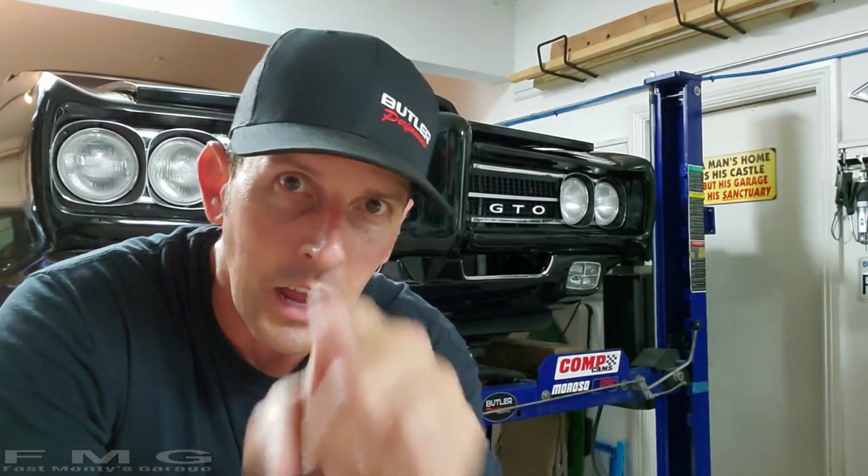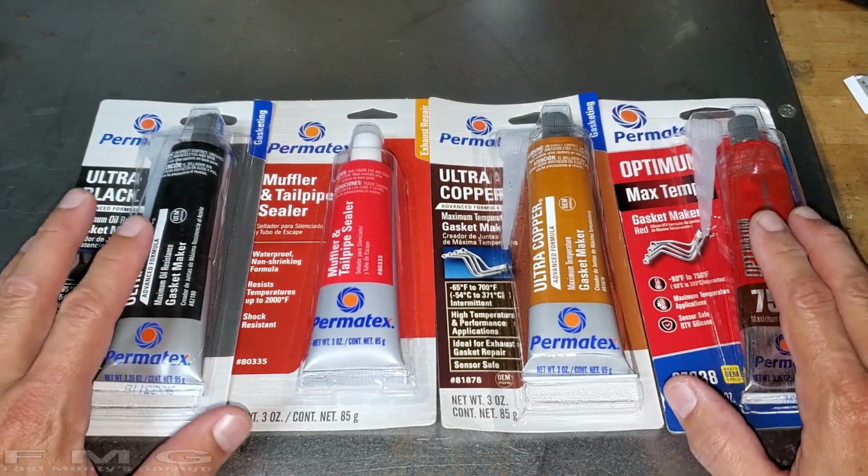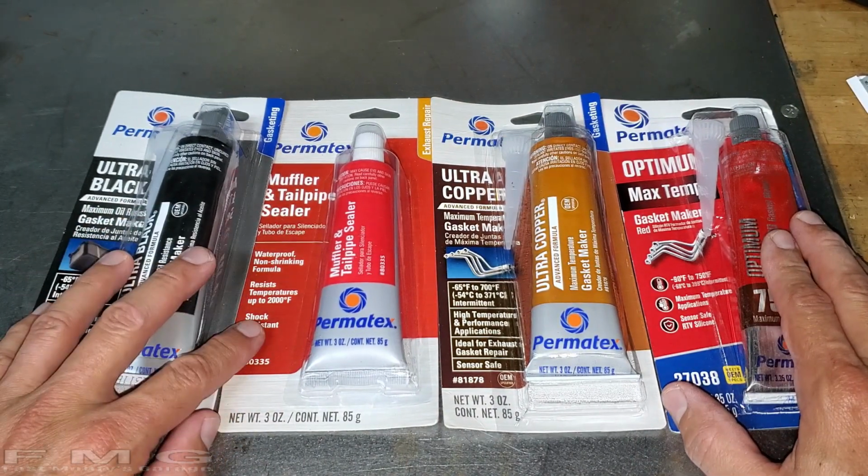So I'm going to do some research on what to use for those leaks. It's probably going to be some kind of exhaust sealer goop that we can put in there and then put the clamps back on. So when I come back, which is like in half a second, I should have a solution. Be right back. Oh boy, ladies and gentlemen, look at all the products we have to choose from,